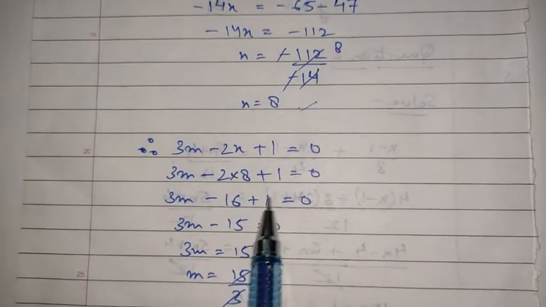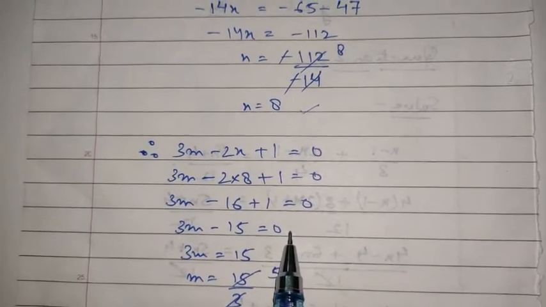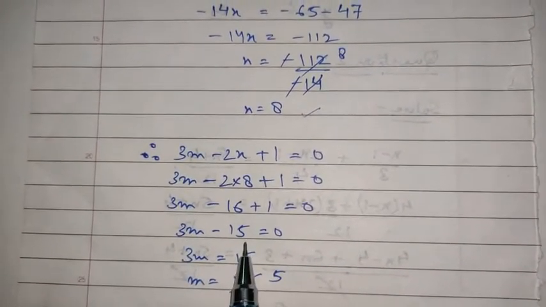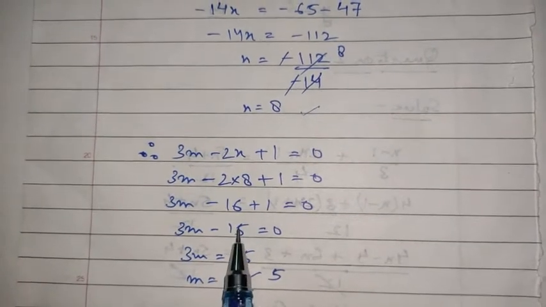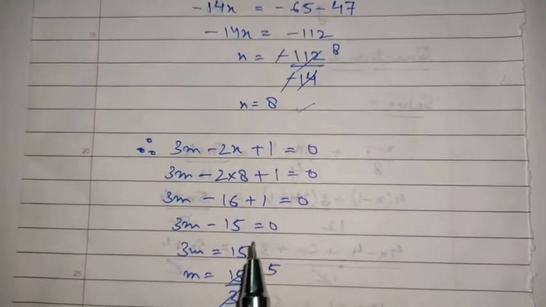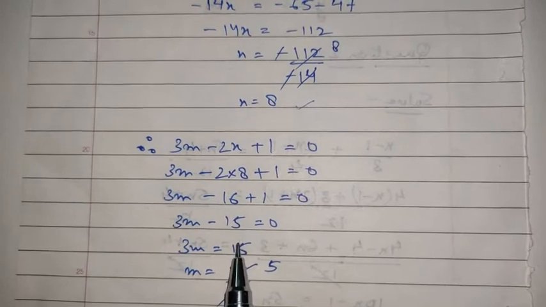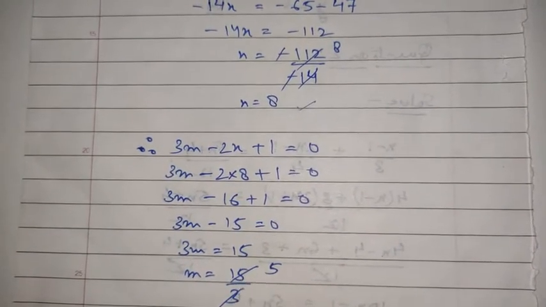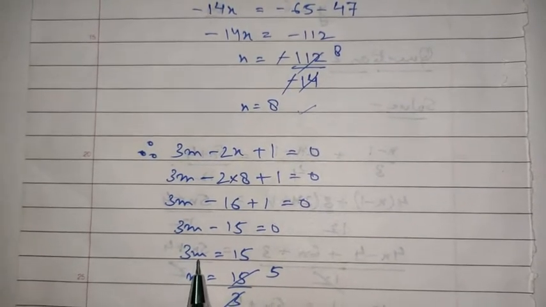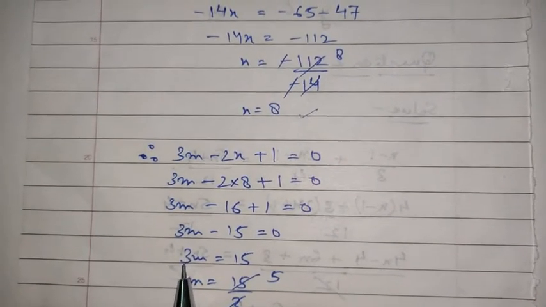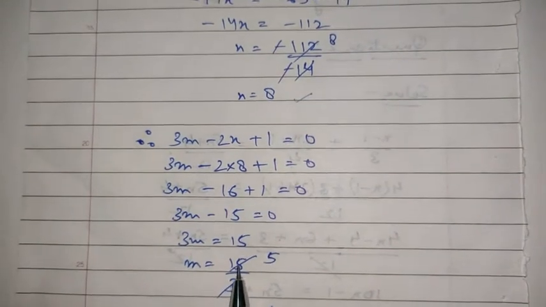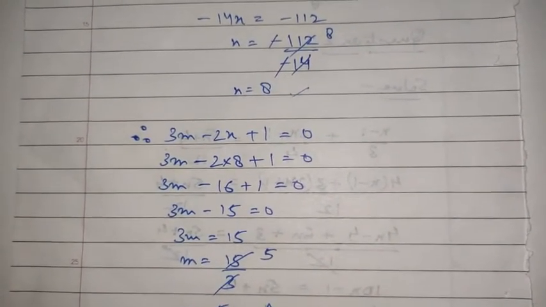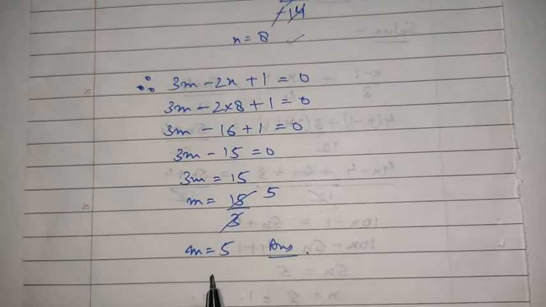On bringing this minus 15 to the other side of the equal to sign, because both the terms are completely different and are not like terms, I'm bringing this constant value to the other side by transposing, in which way the sign of this minus 15 will get changed to plus 15, and the equation will become 3m is equal to 15. Now, again, in order to find out the value of m, we are going to cross multiply and bring this 3 below it. And on cancellation, as you can see, we can get the value of m as 5. In this way, we can get the answer.